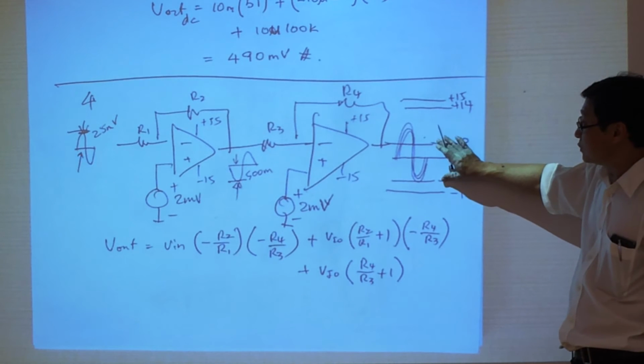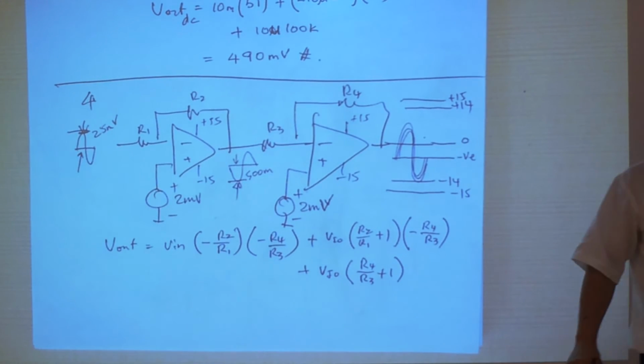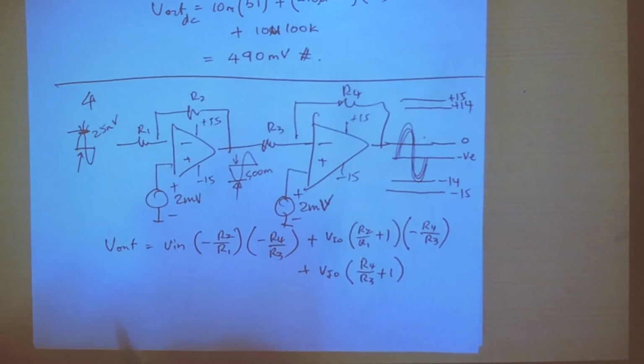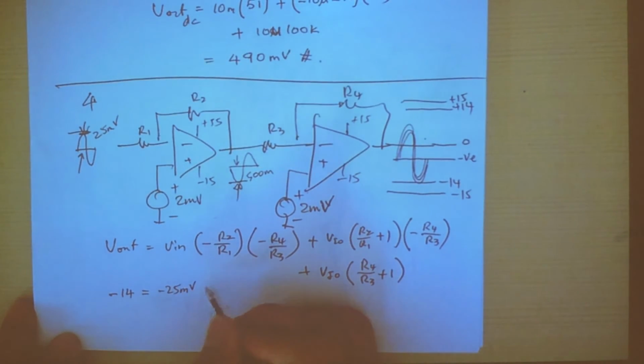We want the output to remain in the linear region, and therefore, we have to equate this by putting a voltage at the output as minus 14 is equal to minus 25 millivolt multiplied by the first gain stage, which is 20 with a minus, multiplied by the second gain stage, which we don't know, we need to find out,